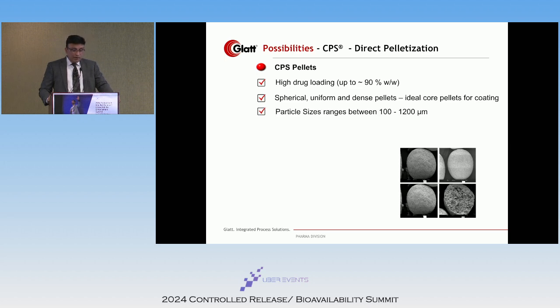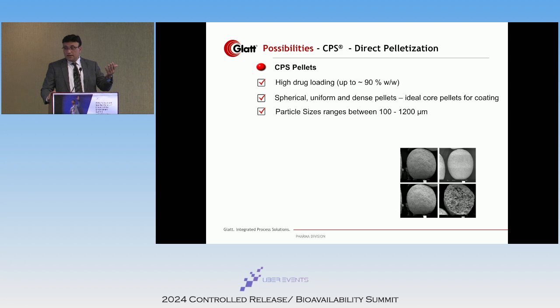Now, looking at the picture, this is one of the case studies that we did for one of our clients. Looking at the picture, you can see they are very uniform, spherical, and based on the process that we have, you can make particle size between 100 to 1200 microns throughout your process by adjusting the amount of water that you are adding and the RPM and other process parameters. And that will give you pellets which could be smaller, that can be used as